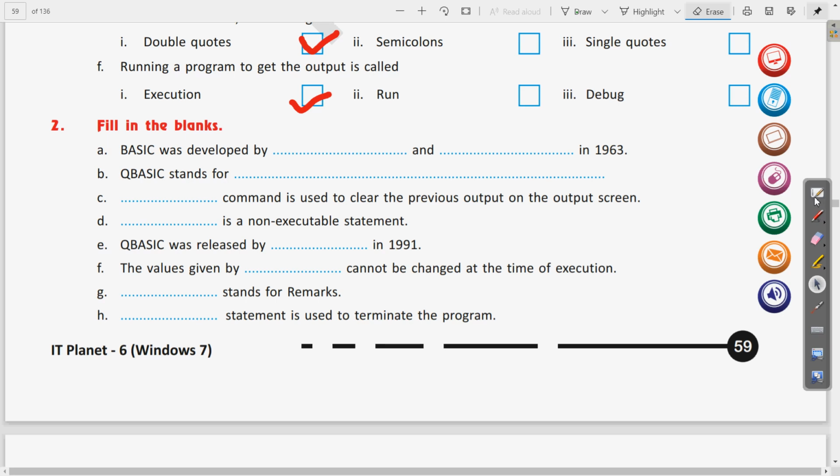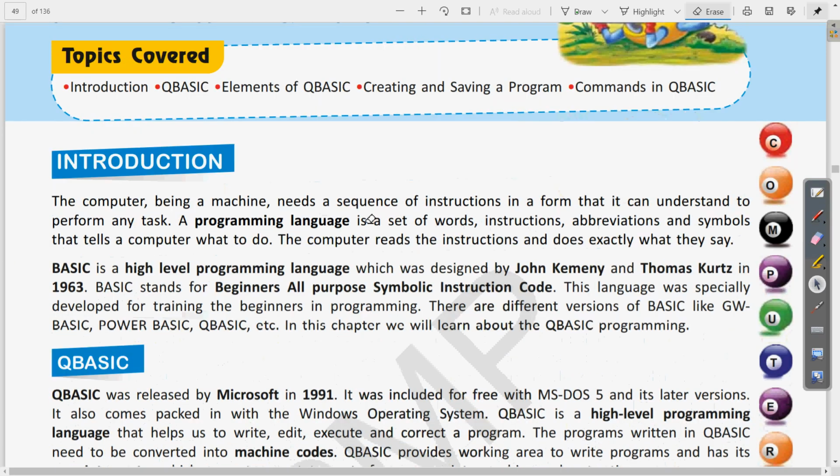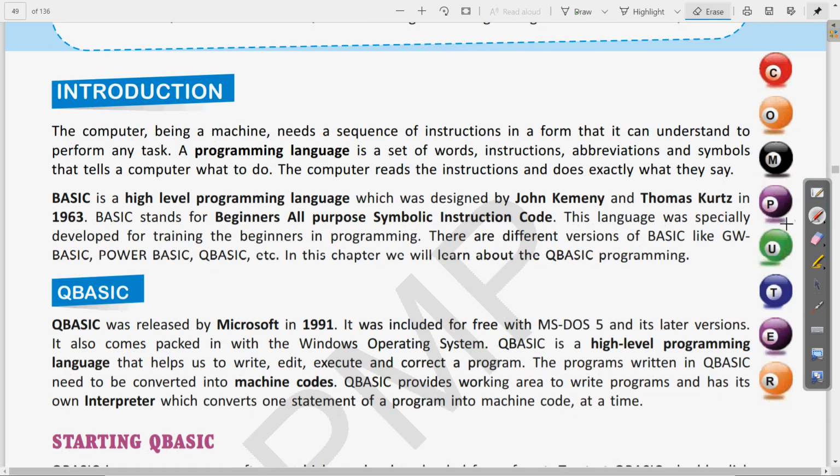If we come to page number 49, we can see the answer here. Here you can see the two names of the persons who developed BASIC. These are John Kemeny and Thomas Kurtz. Clear? I hope you have written this.